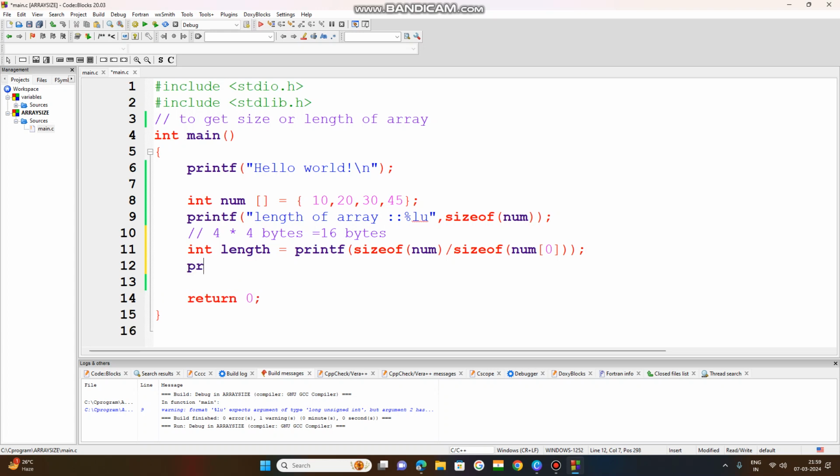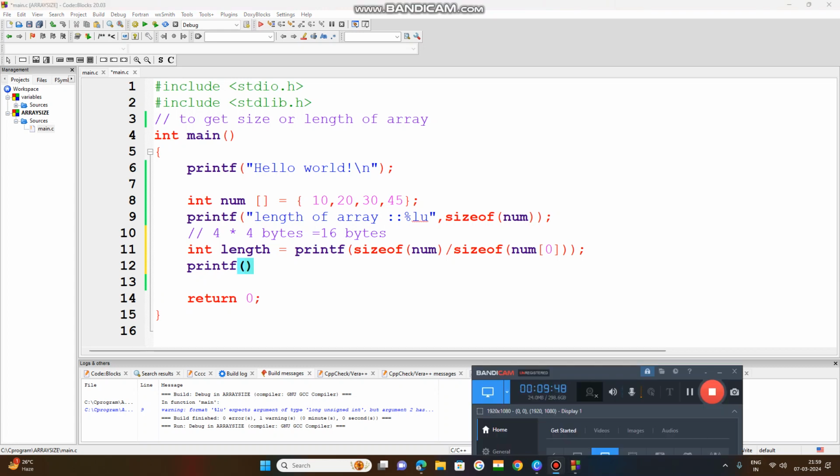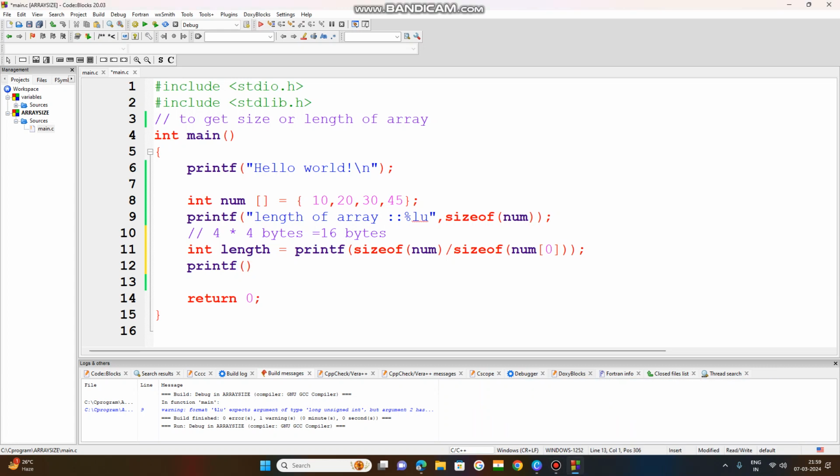Now you use the print command, printf in brackets, and try to use the format specifier here. You need to use the format specifier, okay, format specifier %d, otherwise